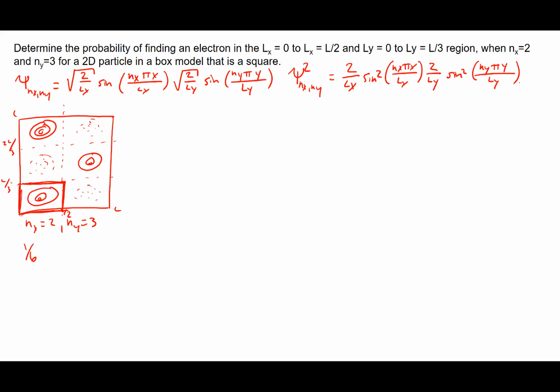So the only part that I actually have to worry about in the integration math is the Lx equal to L over 2 and the Ly equal to L over 3 region in those cases. And so